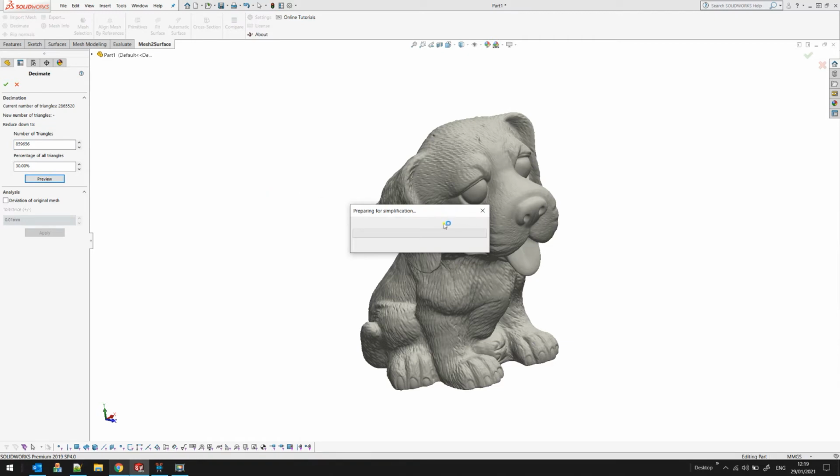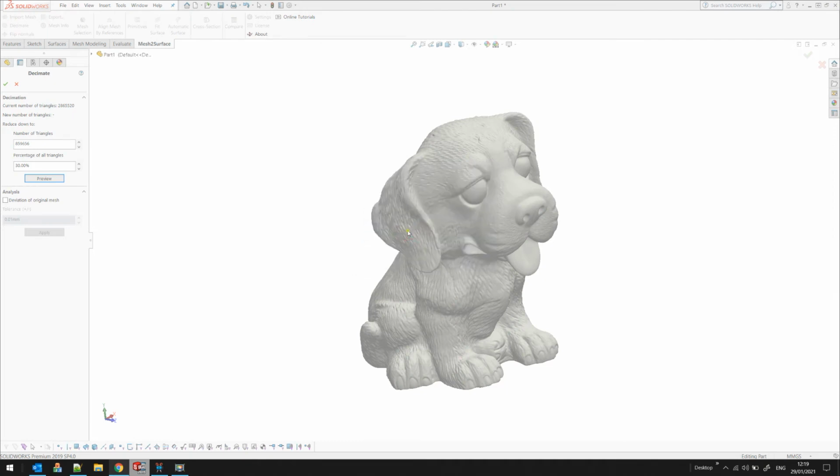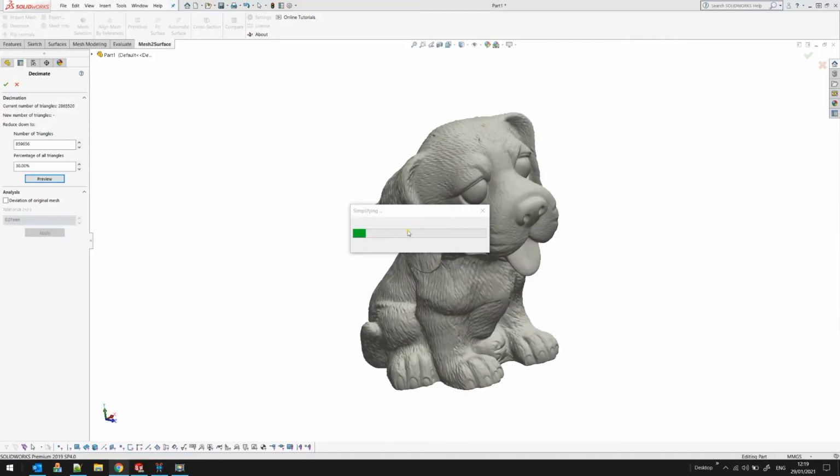You can press the preview button and the software will automatically perform the decimation, which is a process that investigates the number of triangles. It reduces the number of polygons. You may get an effect like this one. Don't worry, it's not that SolidWorks is not working. It's simply the way it handles notifications from the add-ins, and sometimes they just disappear. But the software is up and running. The simplification takes a while, because this is a 3 million mesh, and at the end you will see a preview of what the mesh will be.